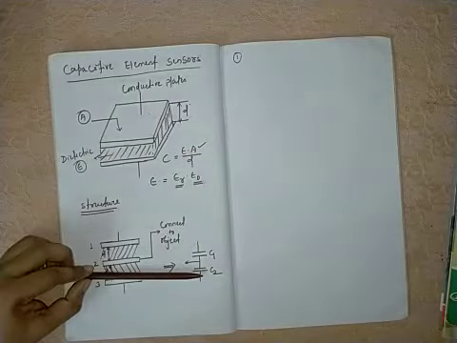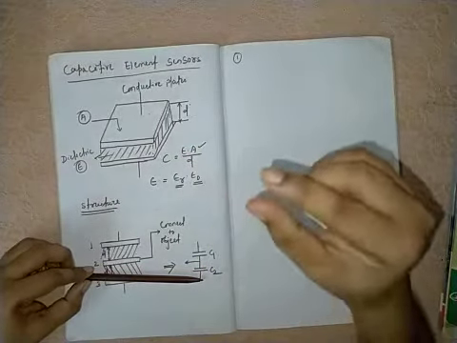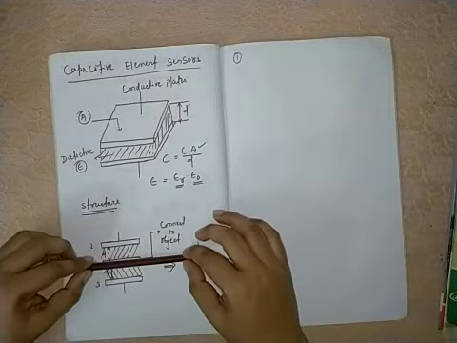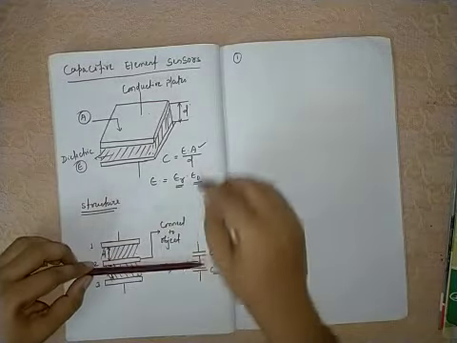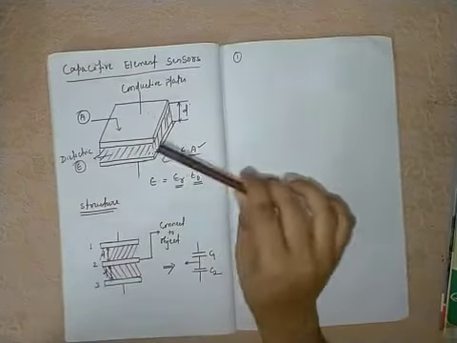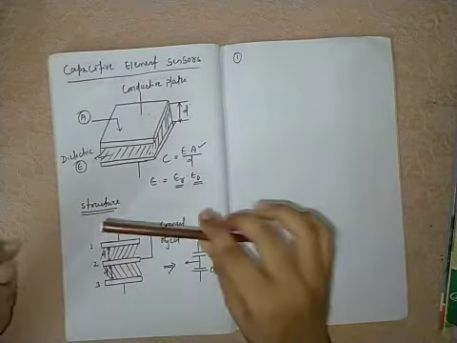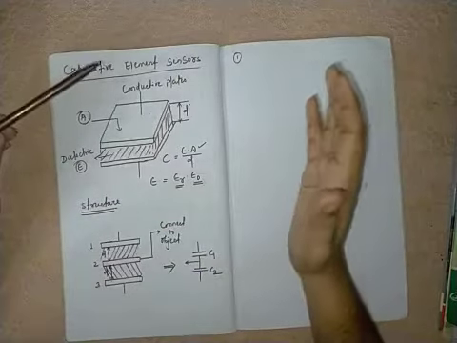Epsilon is a constant, so C depends on the area of overlap and the distance between the 2 plates. If plate number 2 moves upward or downward, then D will change, which means the capacitance will change automatically. Okay, so this is one way. And another way is when the area of overlap changes due to the displacement.